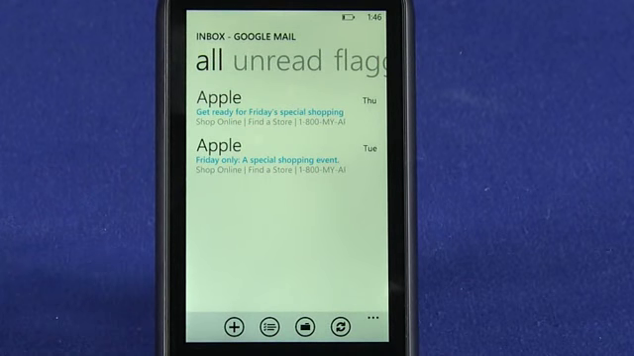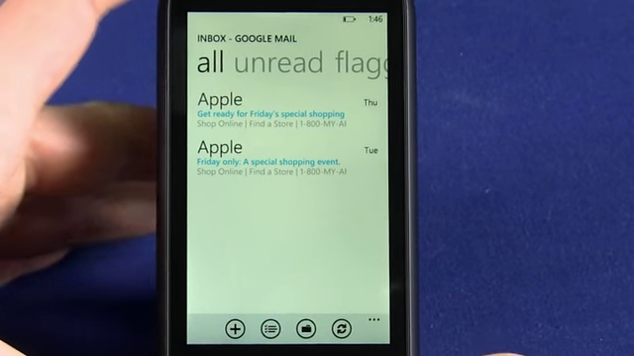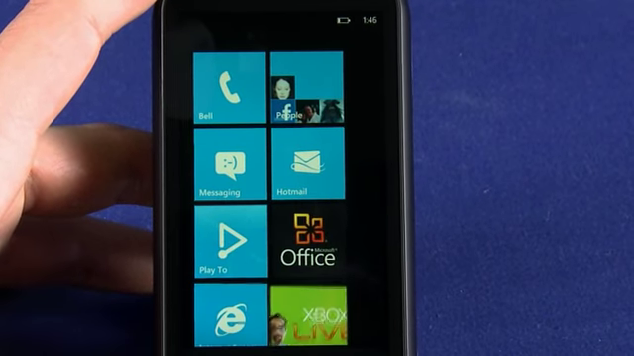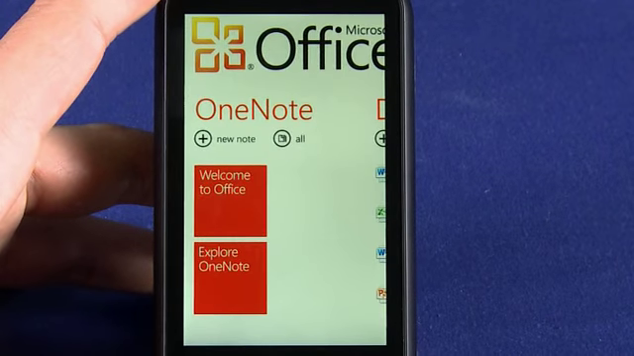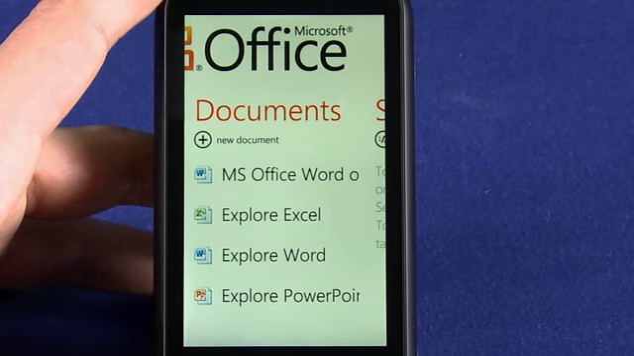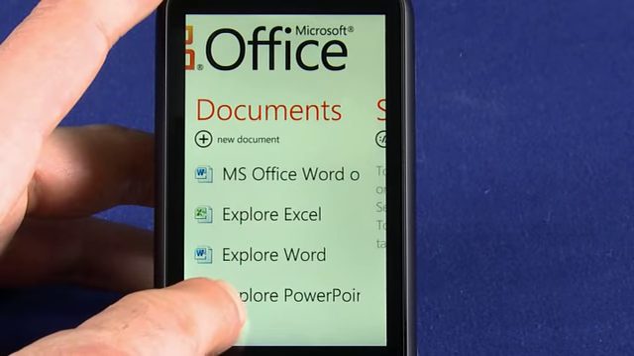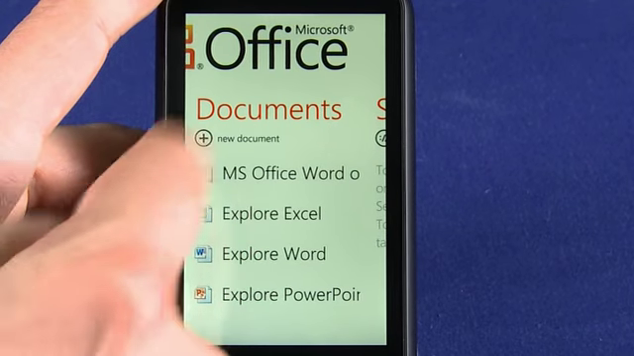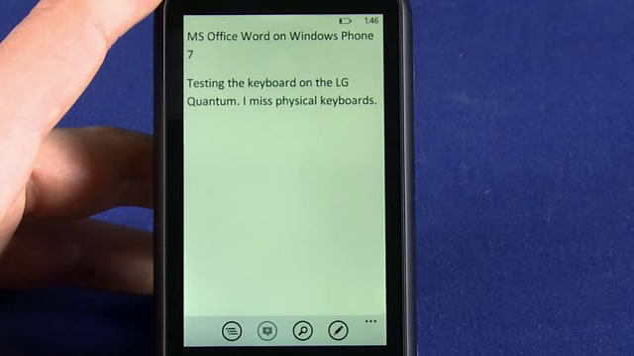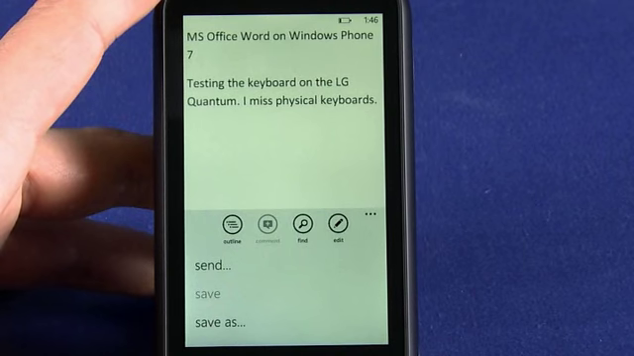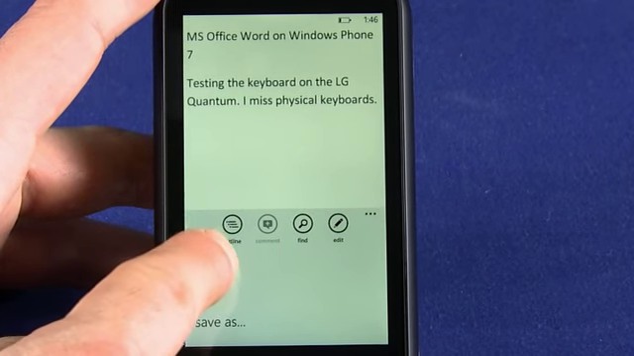Now if we wanted to send an Office document, we actually have to go a bit of a backwards route. Go back to our home screen here, choose the Office application. Now we can see all of our documents that we've been working on. If we tap on Explore Excel or Word or PowerPoint, we'll actually be creating a new document there. In this case, we have a document that we're working on here. Now if we wanted to send this to someone, we actually have to tap on the More button here, select Send,